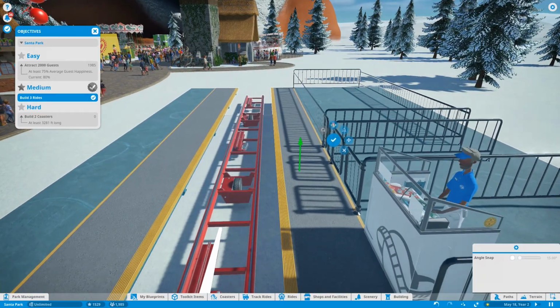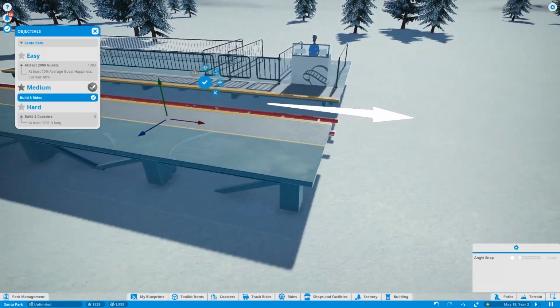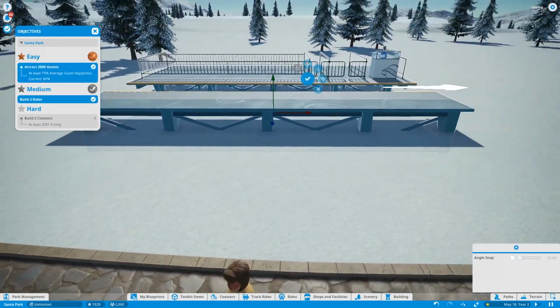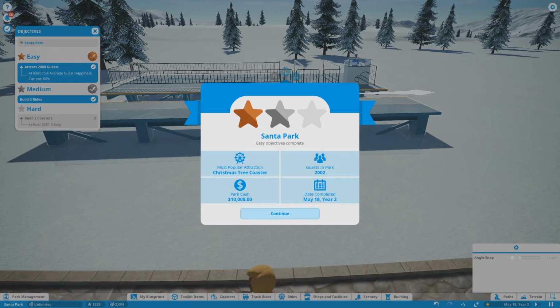See, I don't want the machinery to all be in the ground, but it's okay if it has a bit of a step up. But I didn't want it as high as it was. Whoa! We got our 2,000 guests in. So...